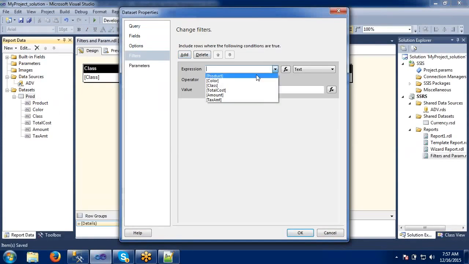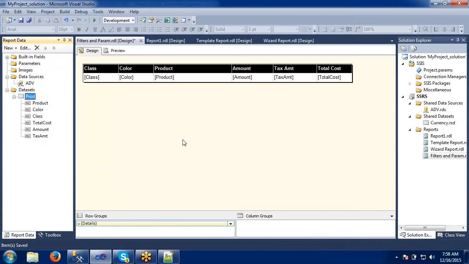On which column would you like to have the filters? Let's say I would like to have colors here. I want to filter the colors. Just let me show here. So now I have filtered with the red color. Now only the red color records have to be filtered. Let's go and check. I have given the filter here. Preview it once again.